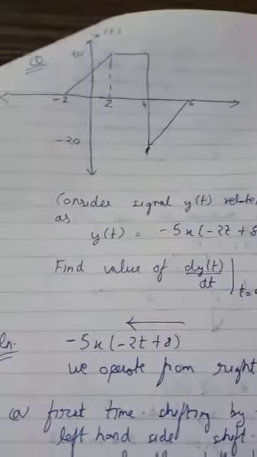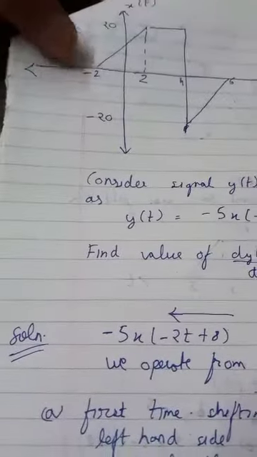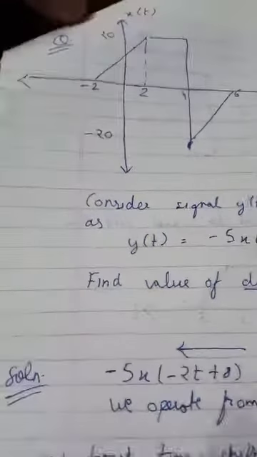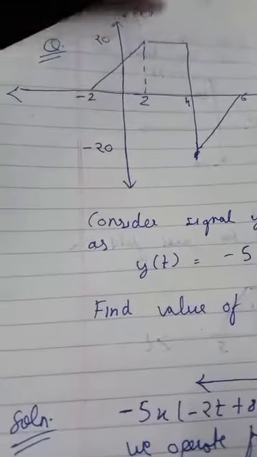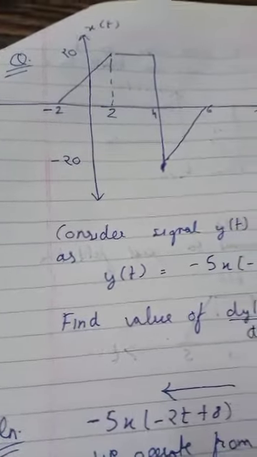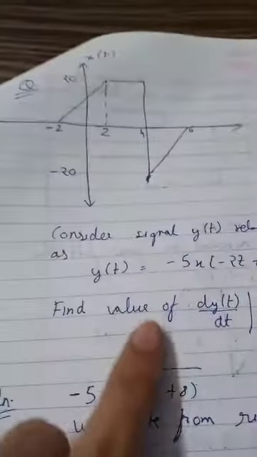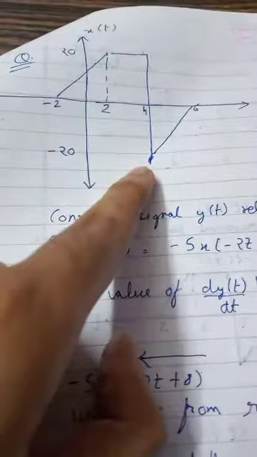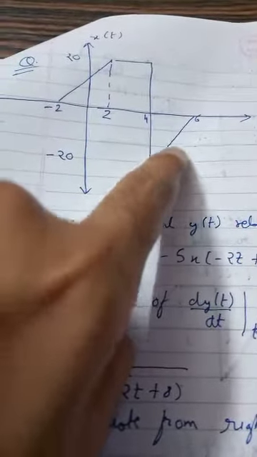Welcome. This is the signal given, x of t. This is the signal from -2 to 2. The signal is a straight line. From 2 to 4 the signal is constant at 20, and then there is a change in signal. The signal value goes to -20 at t equal to 4, and then again it is a straight line from